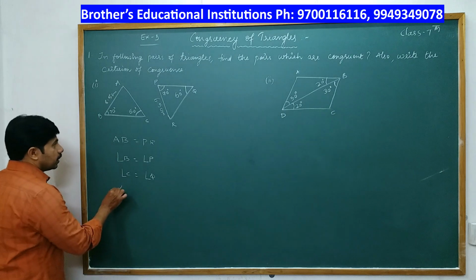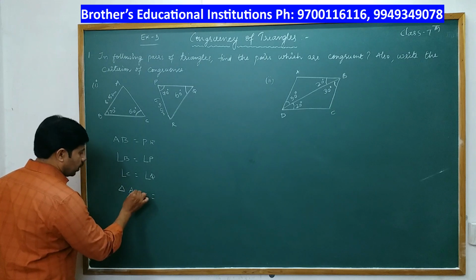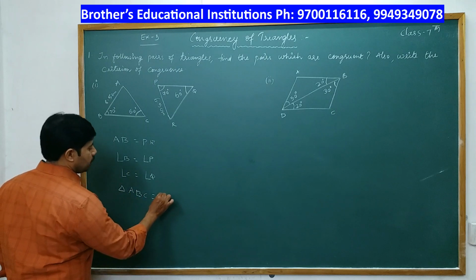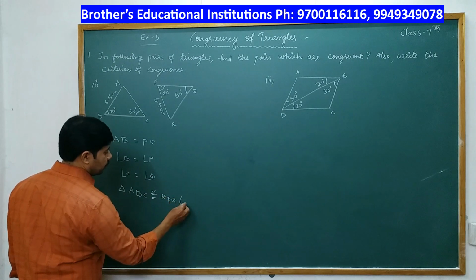So we say triangle ABC is congruent to RPQ according to